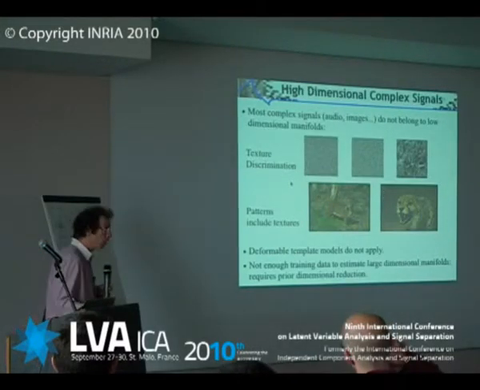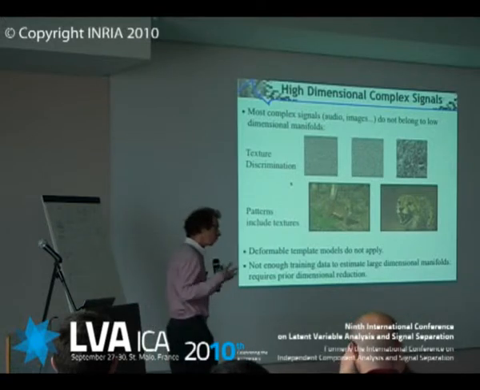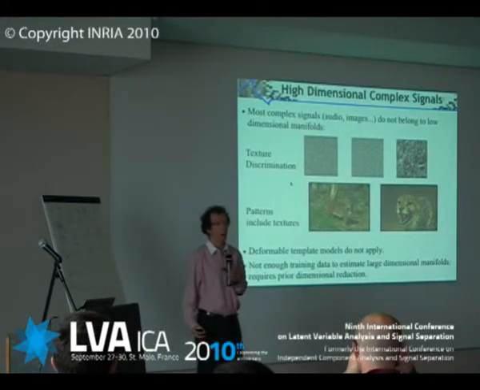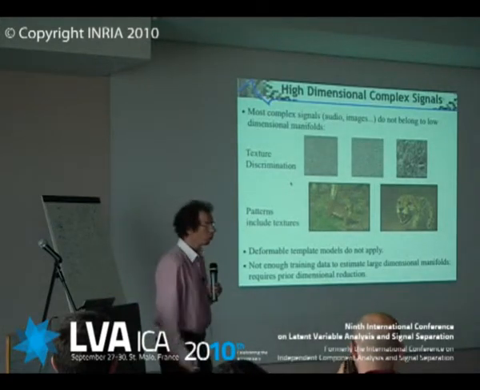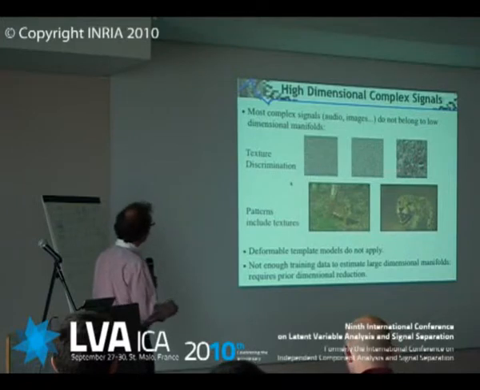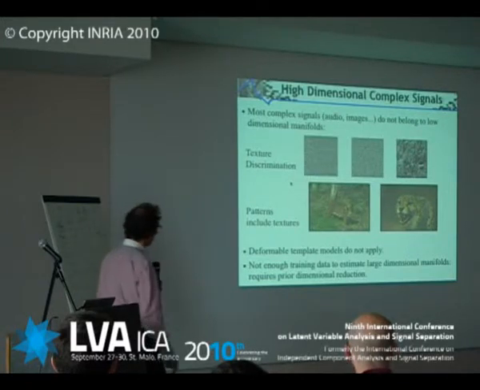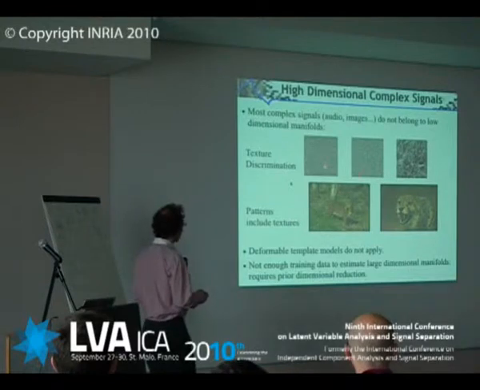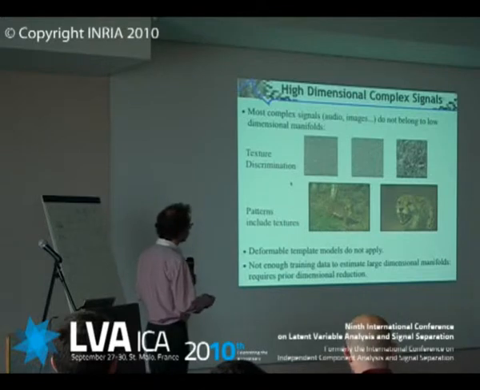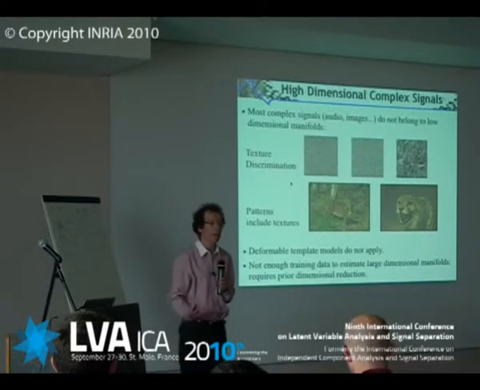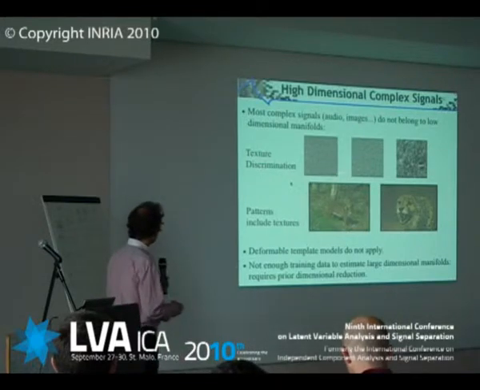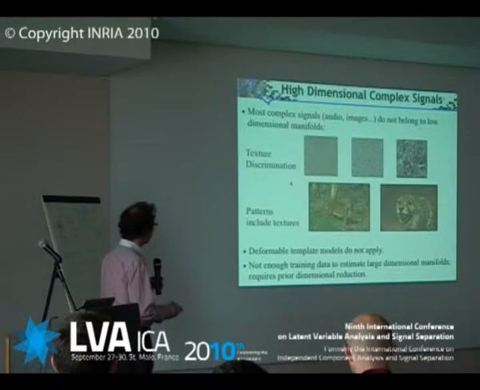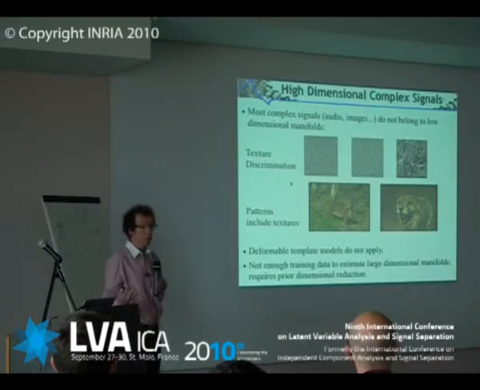Now, the problem is that it doesn't work for real images. It doesn't work for real audio signals and so on. Why? Because signals are much, much more complex, and they don't belong to a low-dimensional manifold. If you take these three images, you need about a hundredth of a second to realize that there are two textures which are identical and one which is different. These two textures are realizations of Gaussian white noise, so it lives absolutely everywhere in the space, and still you are able to very quickly identify the fact that these two realizations are identical. So they don't belong to a low-dimensional manifold, and still you can do it.